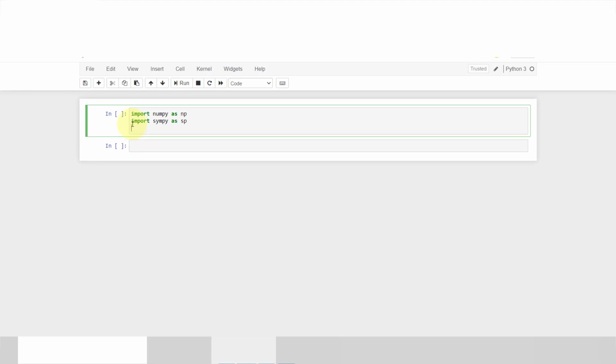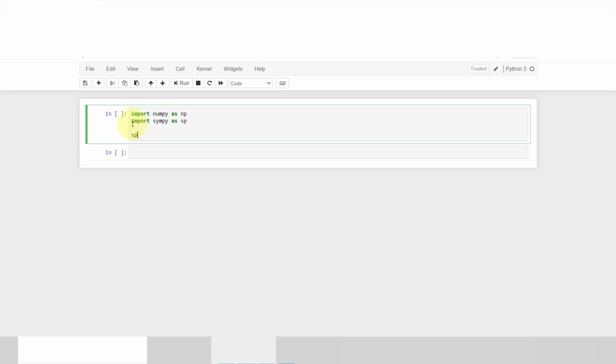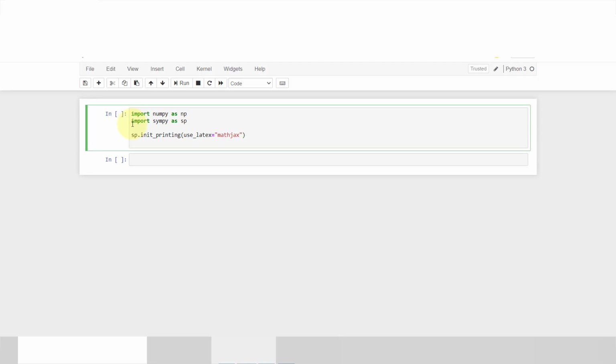Now sp.init_printing with use_latex equal to 'mathjax'. It will give a good visualization of the results, so I will go for this.